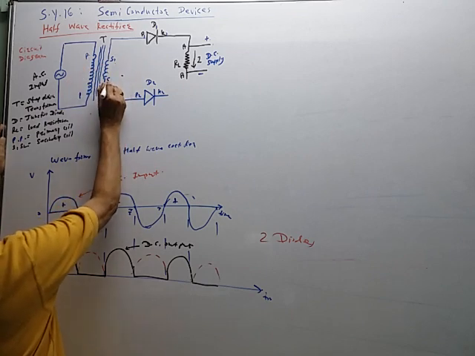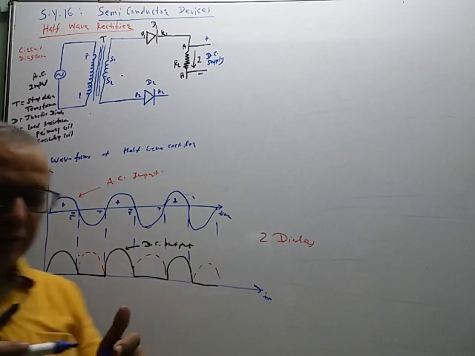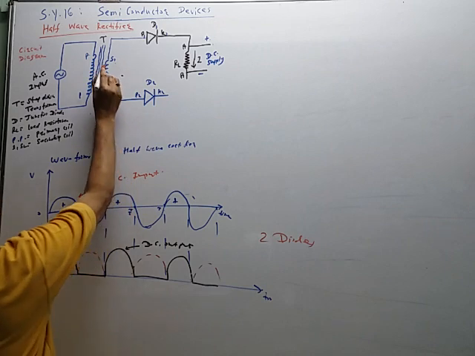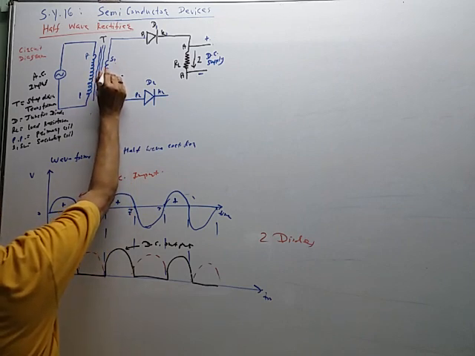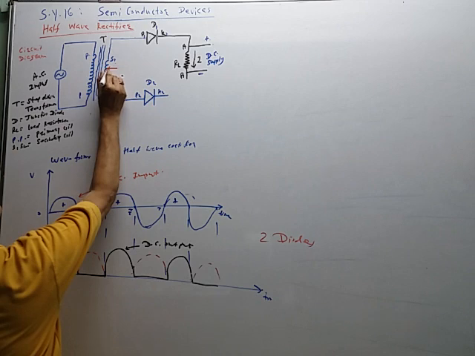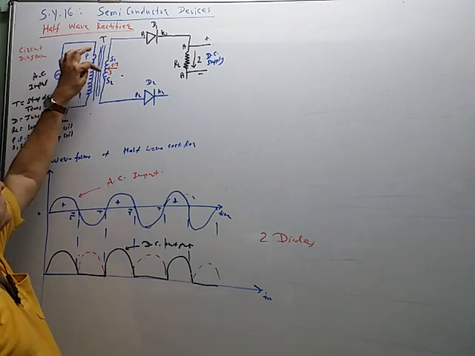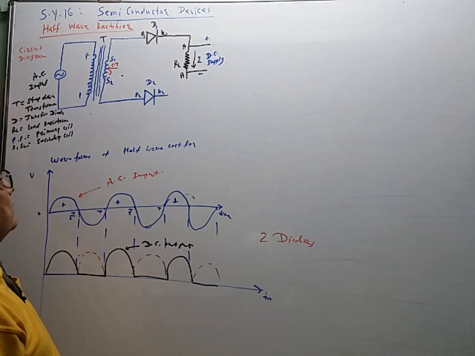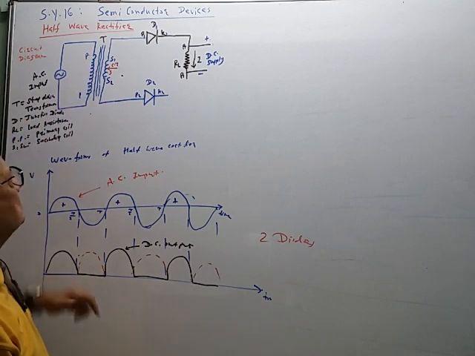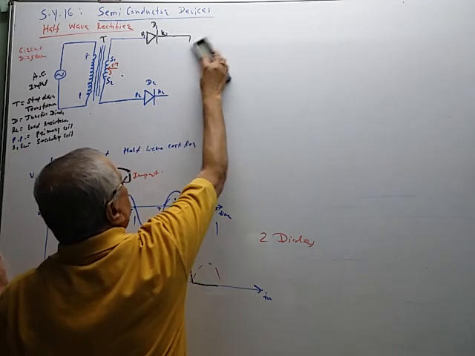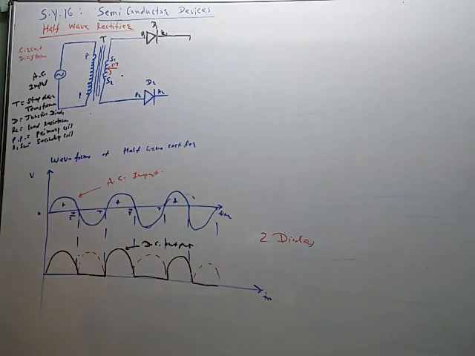Now there is a change here. We require two secondaries, one for the upper diode and the other for the lower diode, and therefore we have divided this secondary into two parts by this center tapping CT. It is the center of the secondary coil, so half the turns are in the upper half part and half the turns are in the lower half part like this. So this center tapping is connected to the common cathode. So the change in the connection is like this.